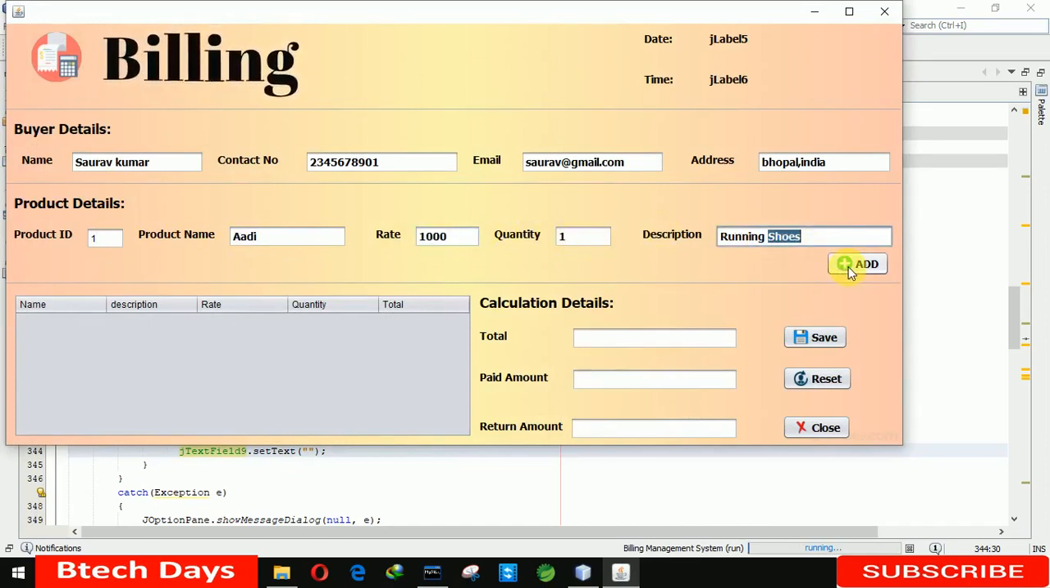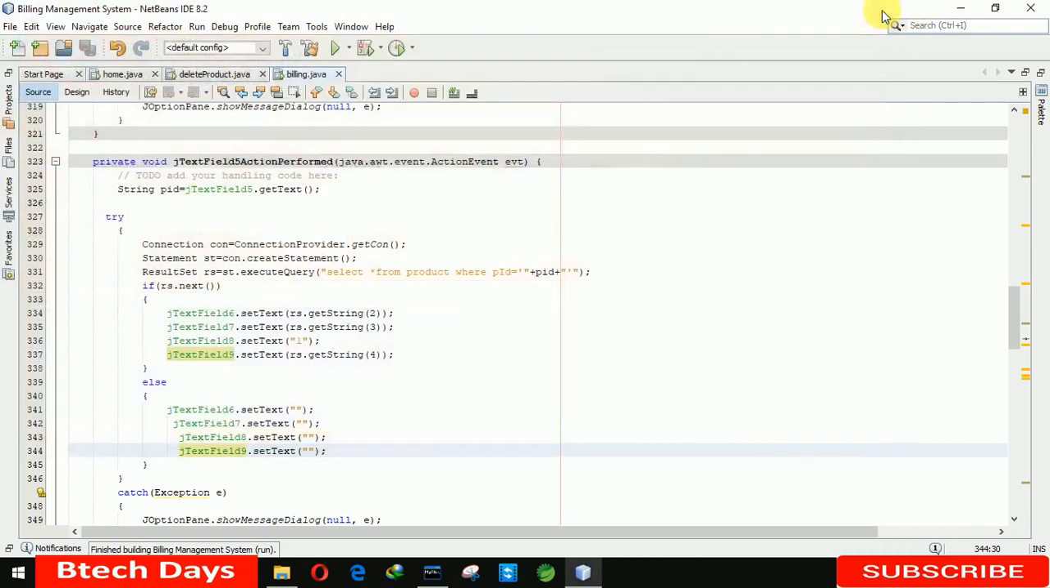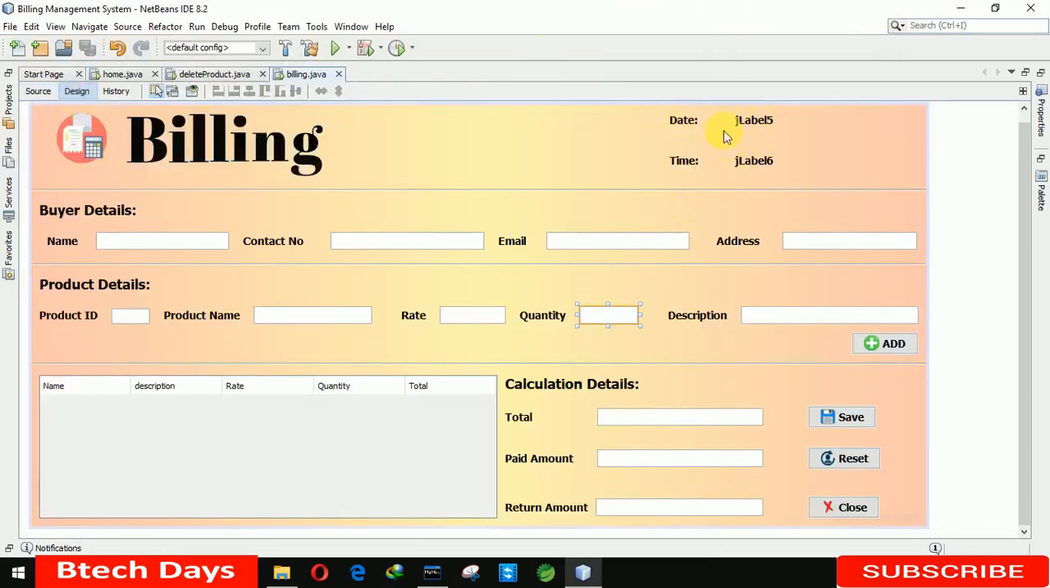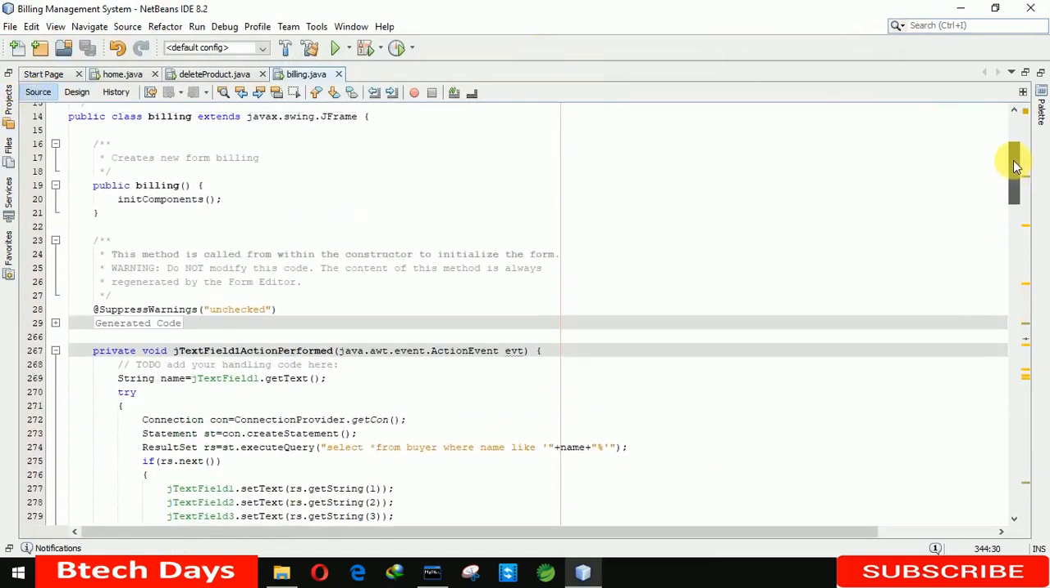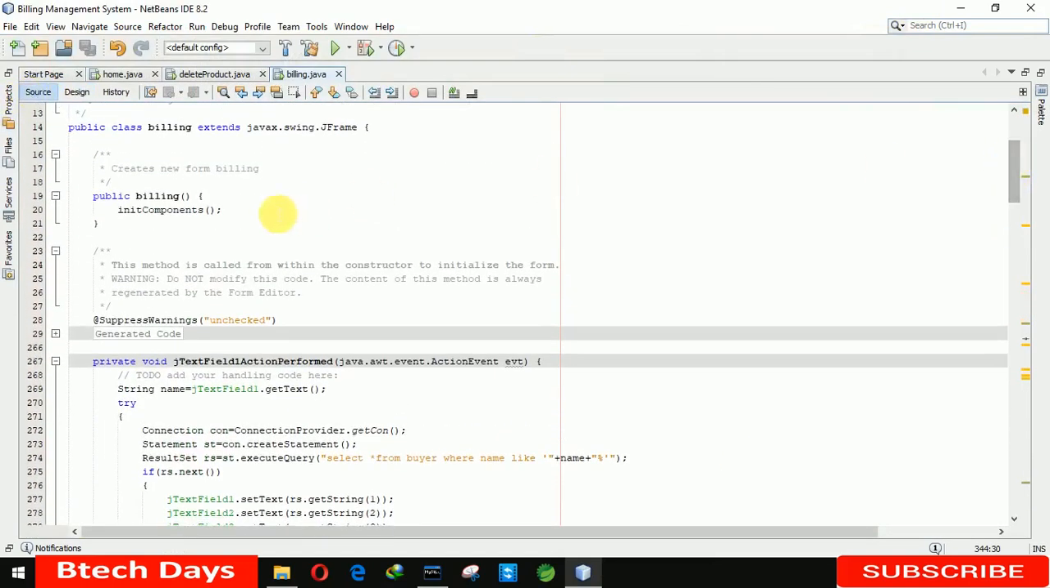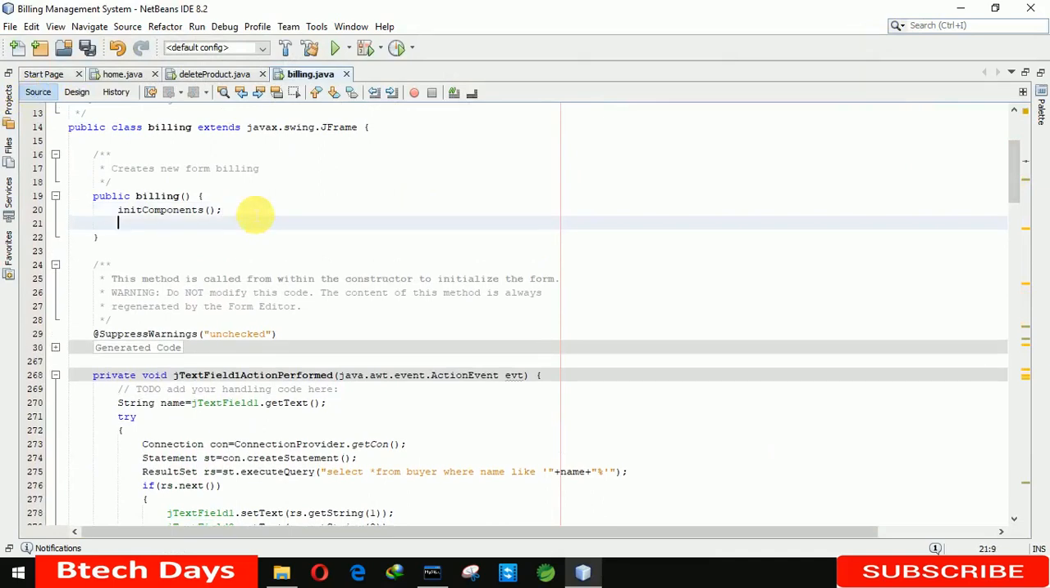When we click on this button, the details should be added in this table and the amount should be added here. For that we are again starting to write the code. And one thing we forgot, that we also need to display the date and time. So first we are going to display the date and time. For that we are moving to the public billing. Here you can see that whenever the page is loaded, then this part will be executed. So we are just writing simple